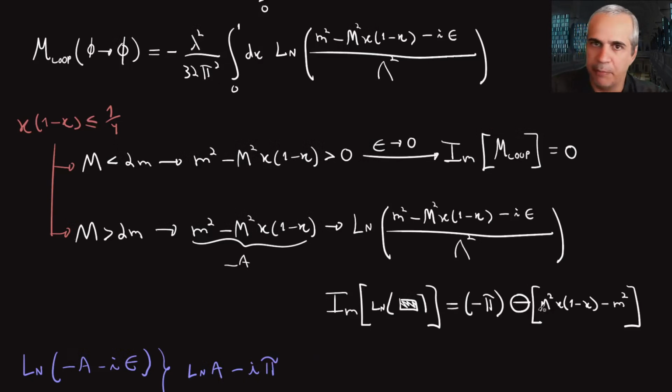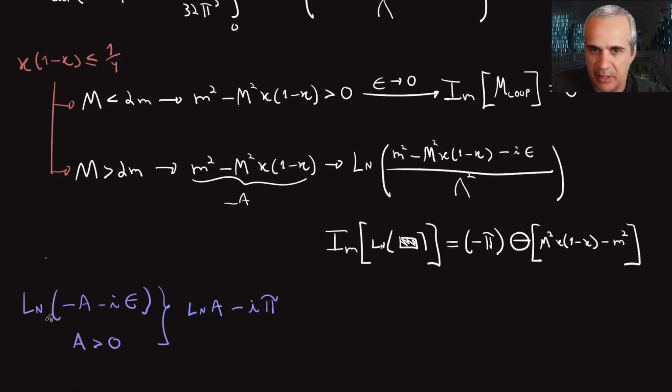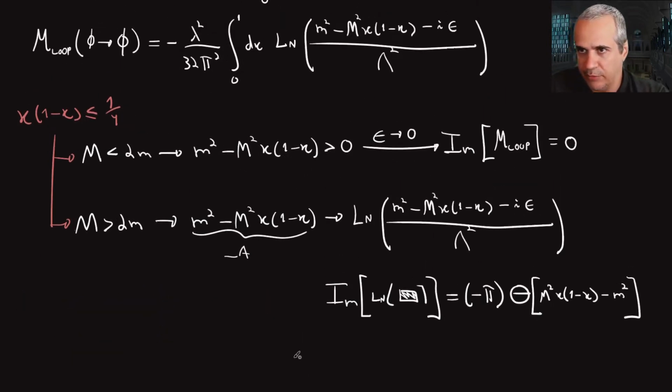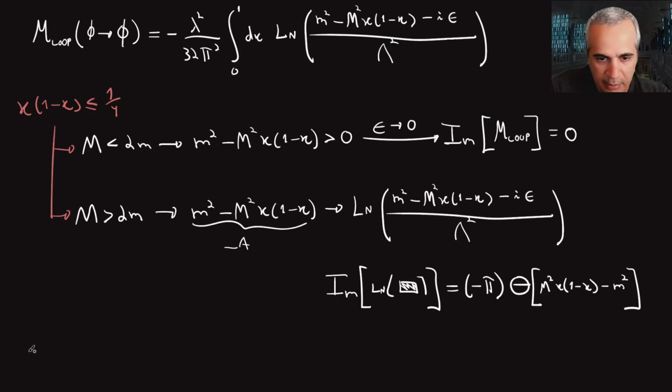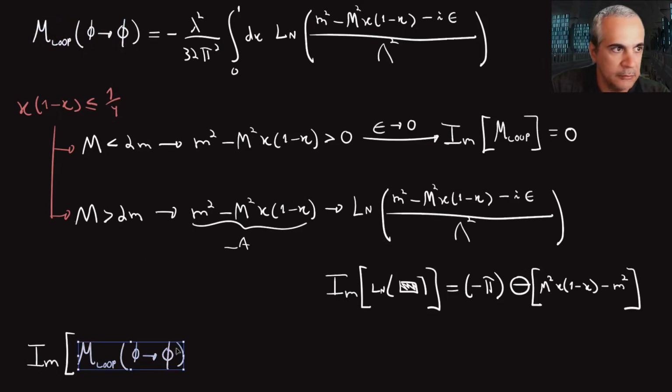So I can plug that back into this integral as long as I'm looking only for the imaginary part of the loop. Let me erase this one and try to get things from up there. This means now, finally, that the imaginary part of this thing is just,